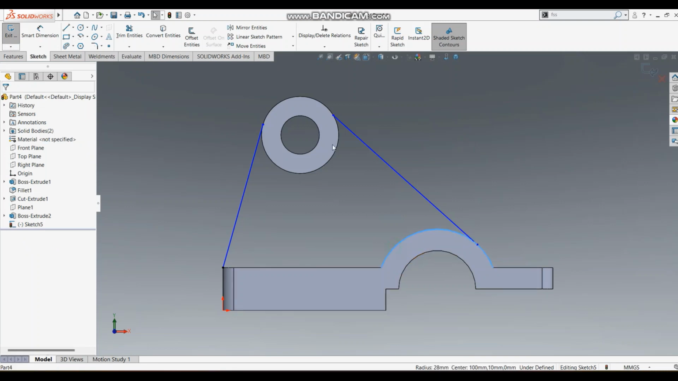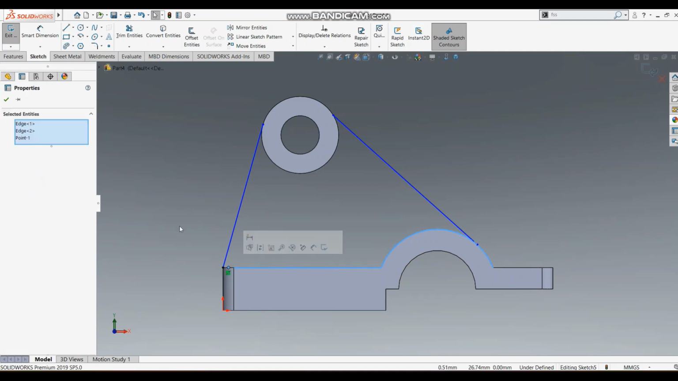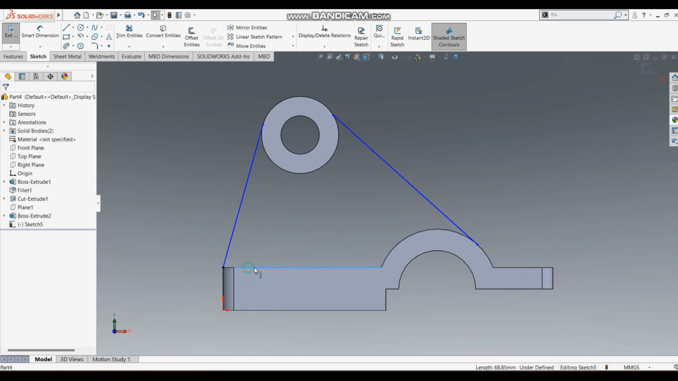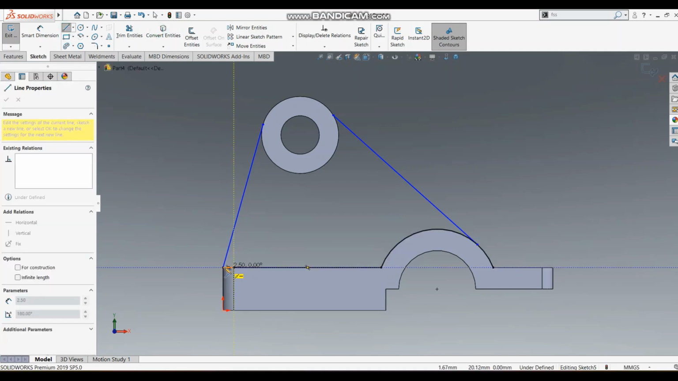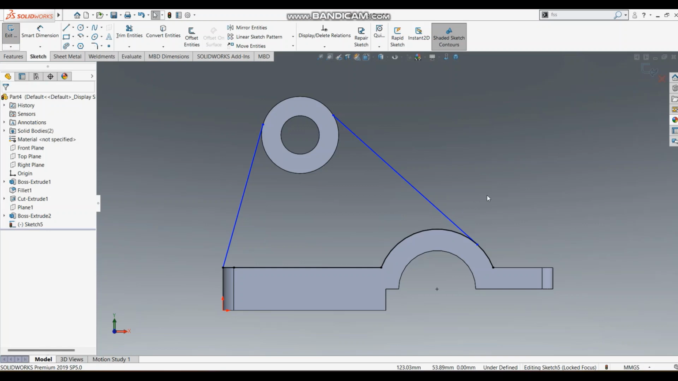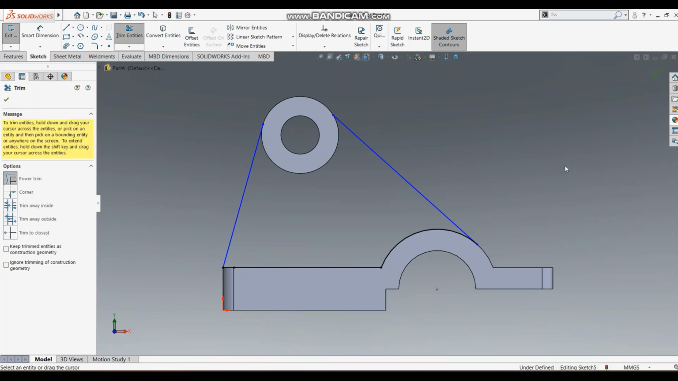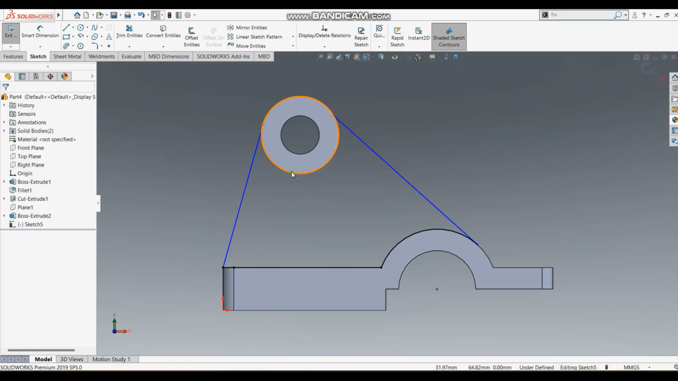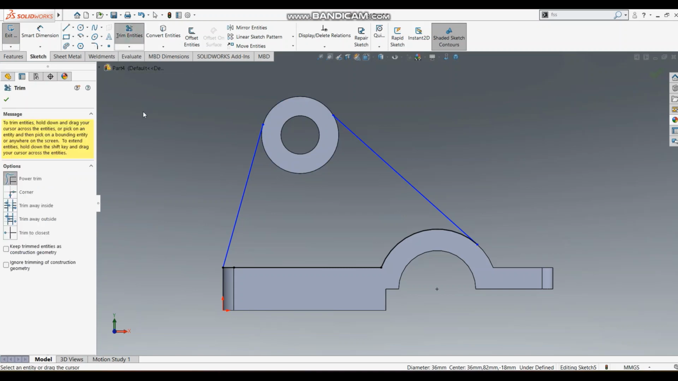You can make use of convert entities. These two entities I want to convert entities. From this point to this point I can join it, and then again from this you have to make use of the convert entities,